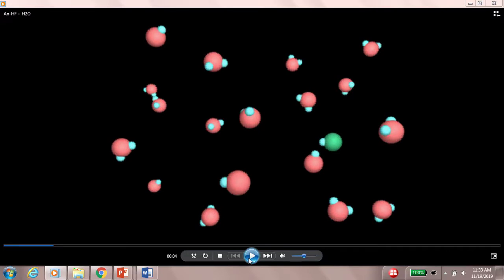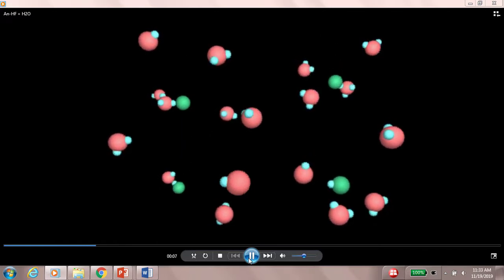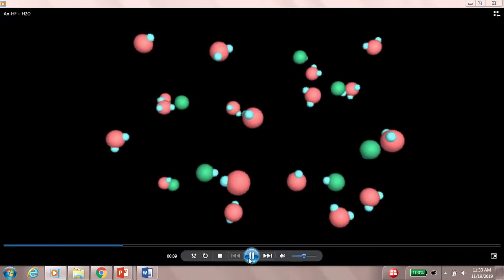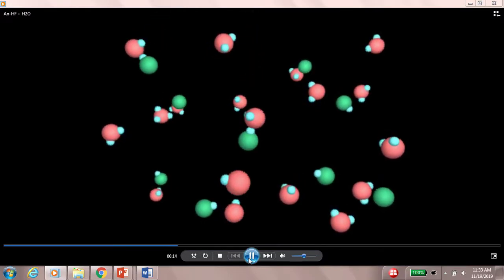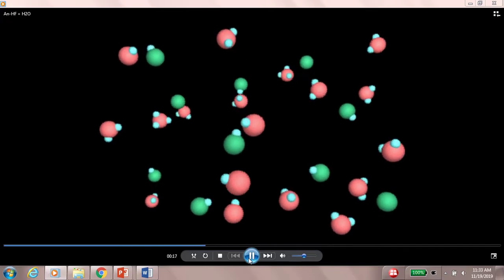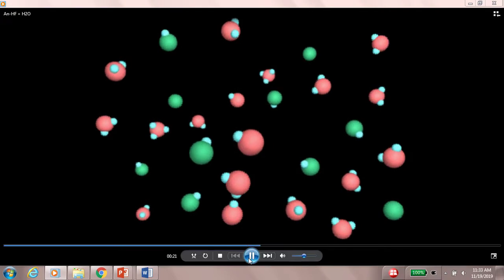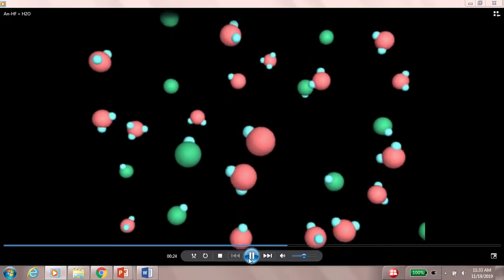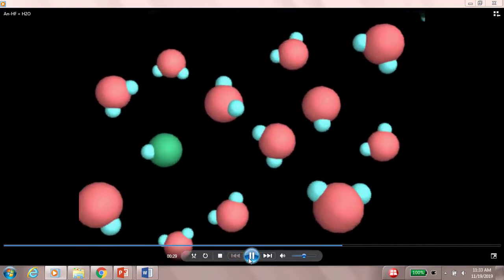Again, we see an HF molecule with fluorine being green and hydrogen again being light blue, but HF is a weak acid. This is not an extensive reaction. So when the HF molecules encounter water, the hydrogen stays where it started on the fluorine. Occasionally, an HF molecule will transfer a hydrogen to water to give hydronium, but by and large, the primary species